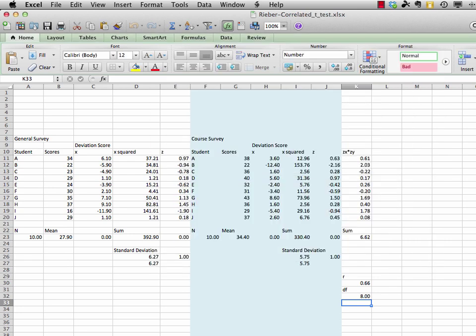The next step is to use our imaginations. You see, we're not going to change any of the numbers, but we have to imagine a completely different context in which the numbers were derived. So instead of the general survey and the course survey that we used in the correlation tutorial, we are going to imagine an entirely different context. We're going to imagine that we are using a one-group pretest post-test design. Recall from the presentation about inferential statistics that this is a